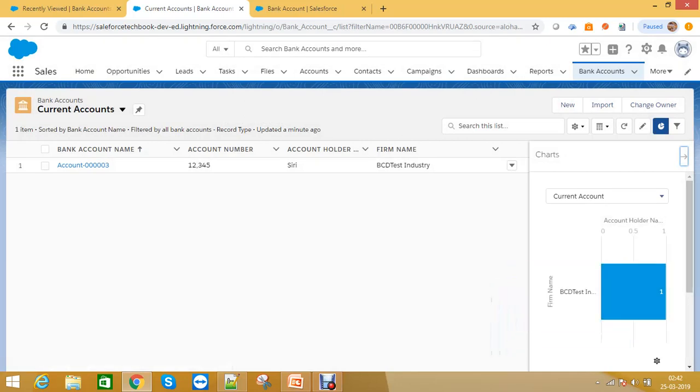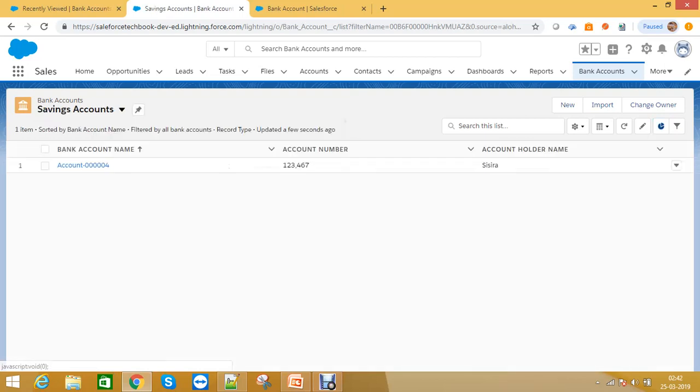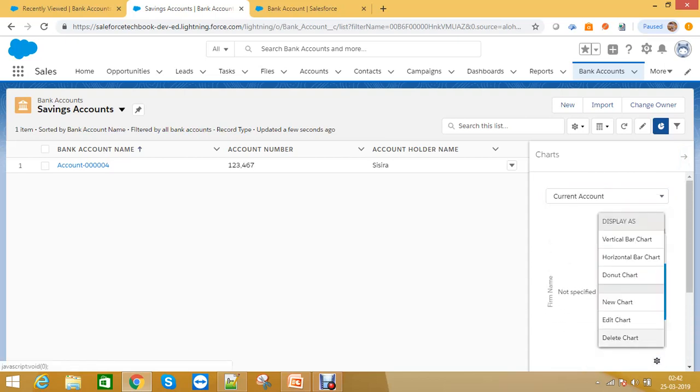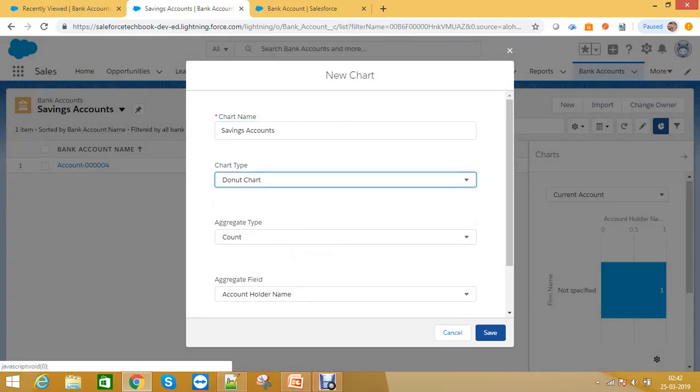See, you can see this kind of charts also per view, okay. And if you go to this view, you don't have that chart, you can prepare another chart. See, no chart for now, and you can prepare this also, okay. This is current account, you can prepare a new chart here, savings account, okay. And donut you can have,